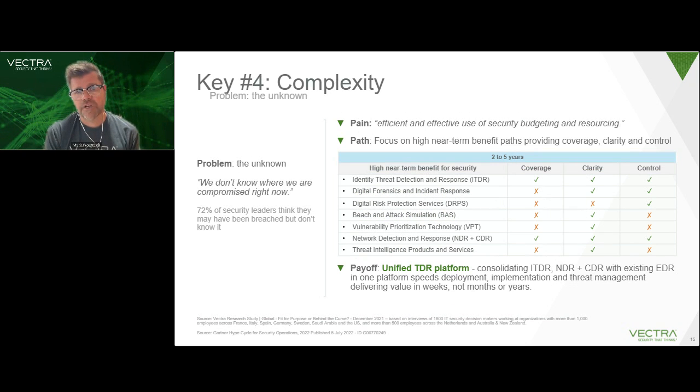We don't know where we're compromised right now. The pain that comes through in the hype cycle is: are we efficiently and effectively using our budgeting and resourcing? We think about this especially in terms of the words efficient and effective. The worst thing for efficiency and effectiveness is complexity. So in our minds, it's how do you reduce complexity, not only in what the SOC individuals or teams need to do from a people perspective, but how do you remove complexity in process, and how do you remove complexity in